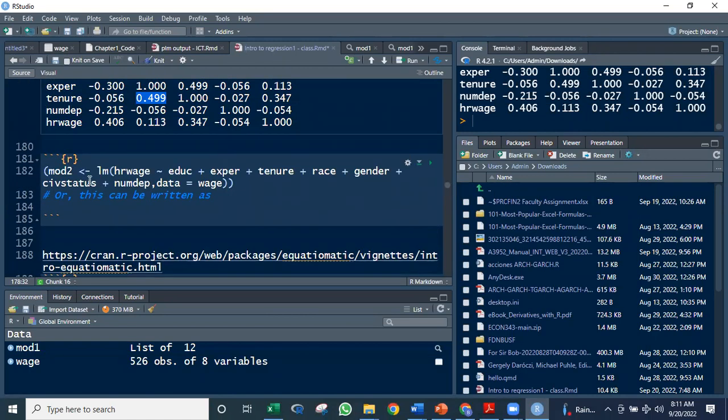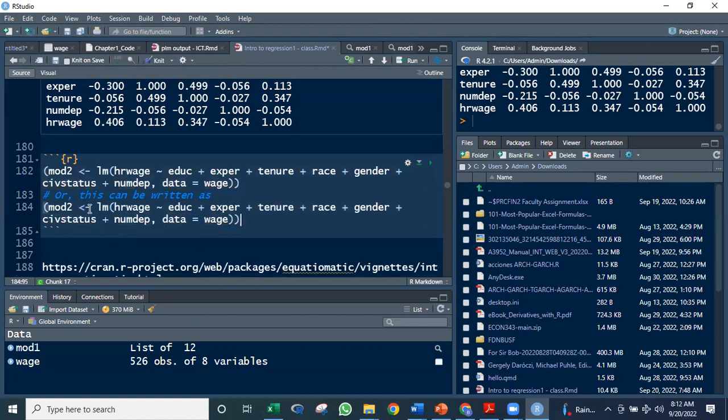We're now using model 2. We're regressing hourly wage on education, experience, tenure, race, gender, plus civil status, plus number of dependents. So we have 1, 2, 3, 4, 5, 6, 7 regressors, and data is equal to wage. By the way, we can copy this with Control C and paste it with Control V. We can run this as